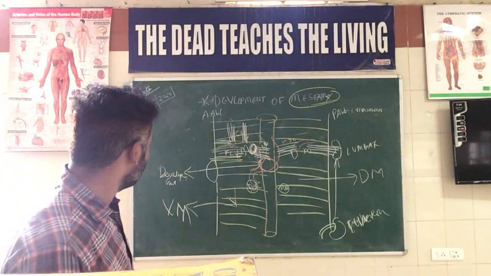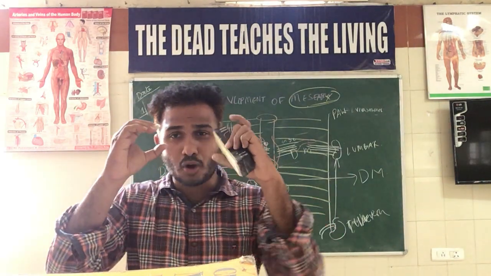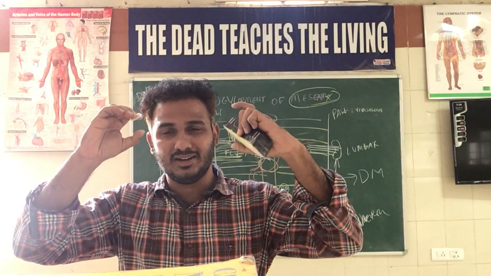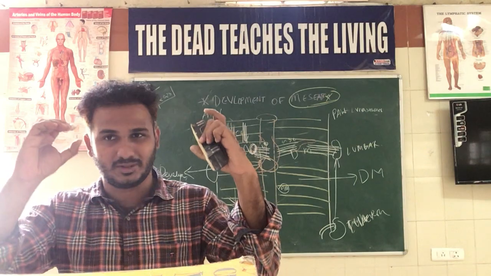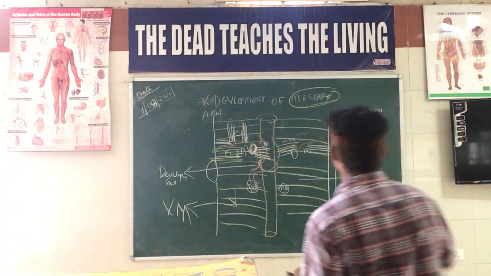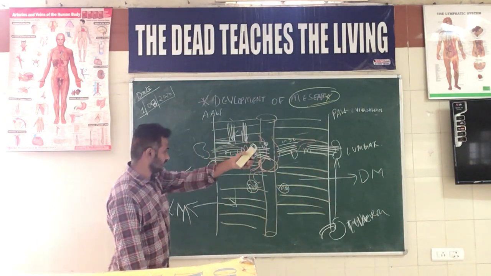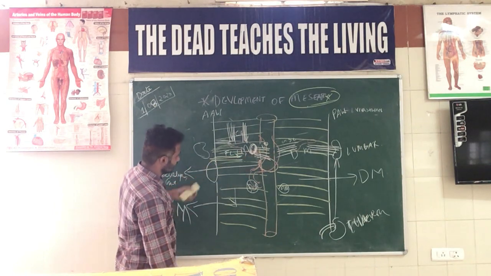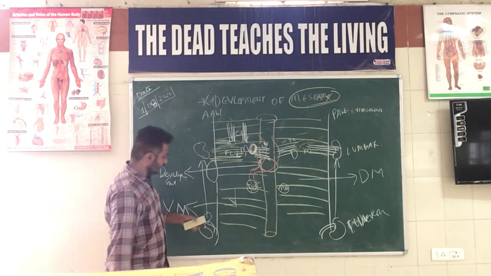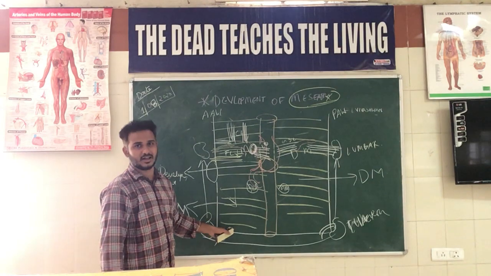Horseshoe kidney is nothing but this: on each side we have the left kidney and the right kidney. The caudal ends of both the kidneys fuse with each other, resulting in the formation of a kidney which is shaped like a horseshoe. This is called horseshoe kidney. Normally, the kidneys develop in the iliac region and then there will be ascent.